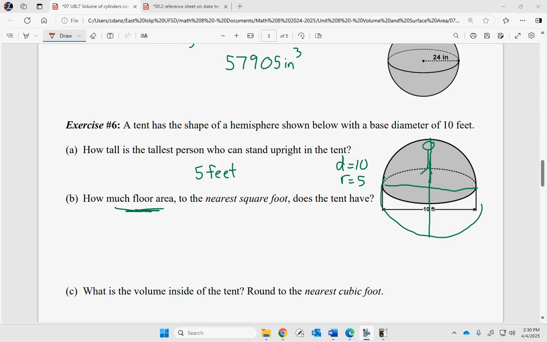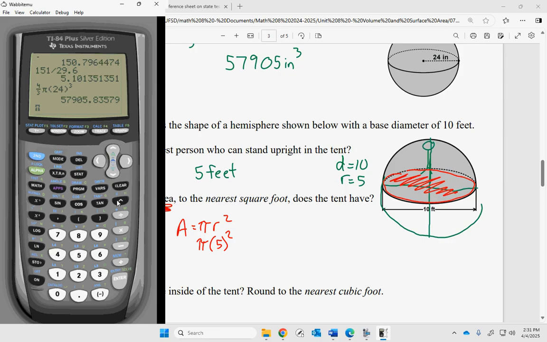So floor area, it's like where you sleep. You only sleep here on the ground, and that ground is a circle. So floor area was kind of like your hint, area of a circle. Area is pi r squared. So I'm not finding the volume yet of this hemisphere. I'm just finding the area of the floor, pi r squared. Pi times 25, really. Which, to the nearest square foot, would be about 79